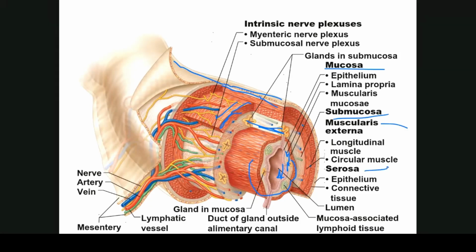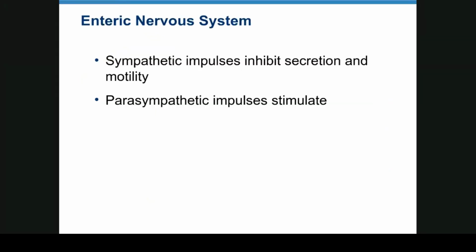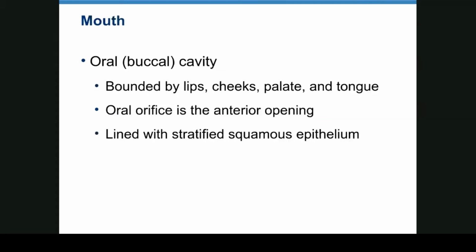If you were going to cut into it, you'd start with serosa, and then you'd go to muscularis, submucosa, and mucosa would be the last thing you would cut if you were doing surgery. Enteric nervous system: sympathetic impulses inhibit digestion, all digestive activities. Parasympathetic stimulate digestive activities. The mouth is also called the oral or buccal cavity, bounded by lips, cheeks, palate, and